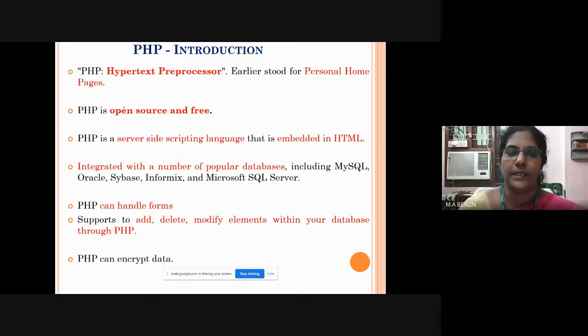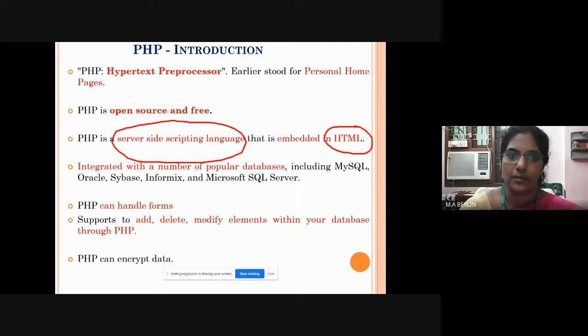PHP is a scripting language that can be executed on a server, so PHP is called a server-side scripting language. That can also be embedded with HTML. So in your system, you need a server as well as a text editor for writing your PHP code.